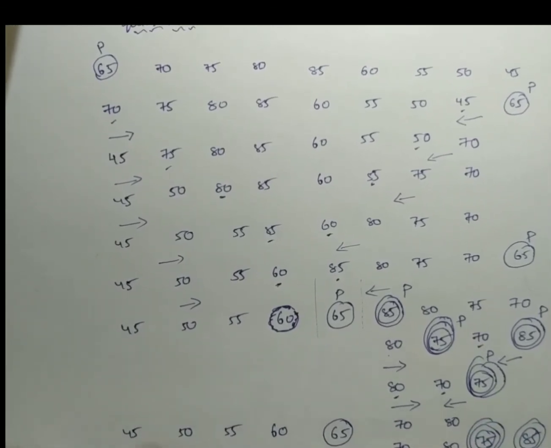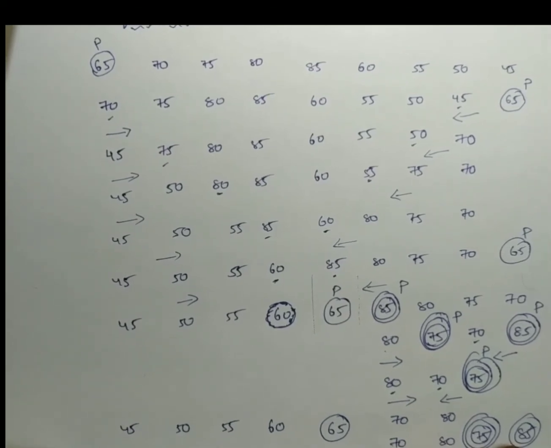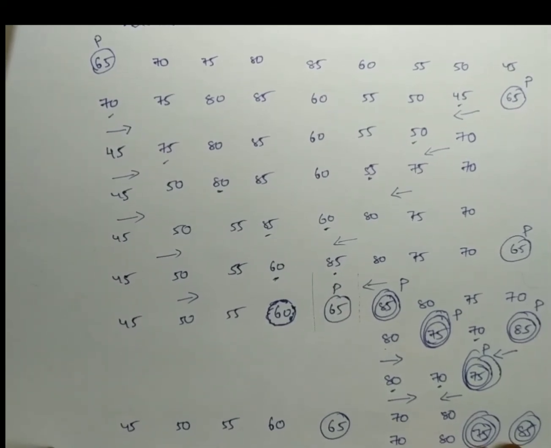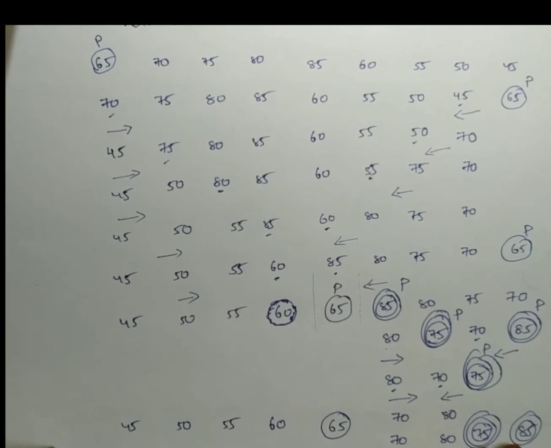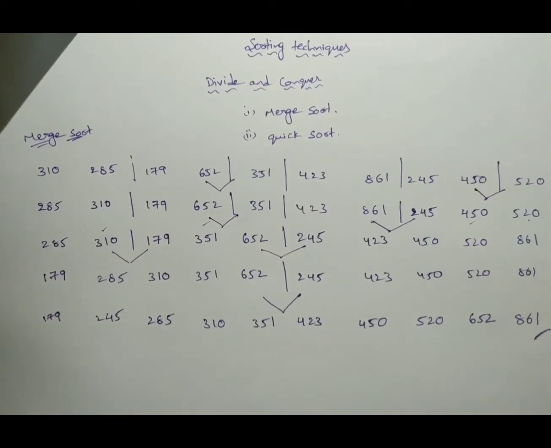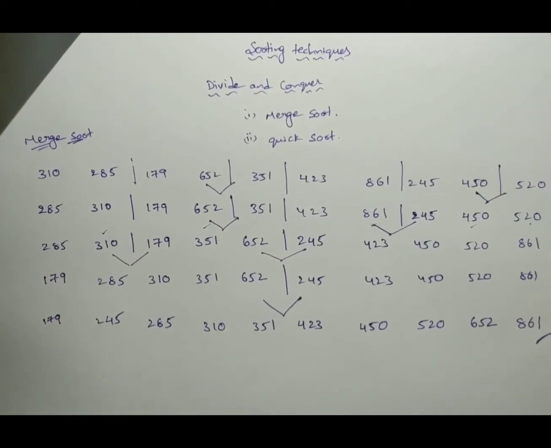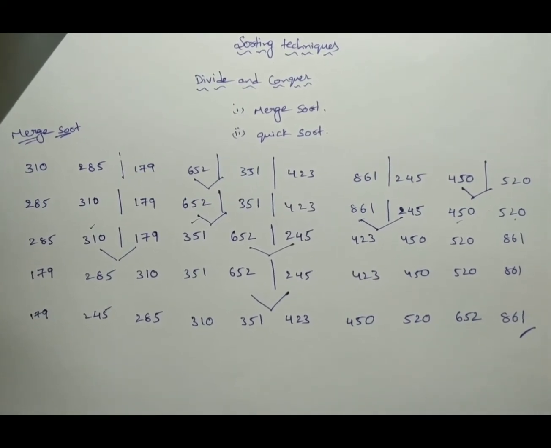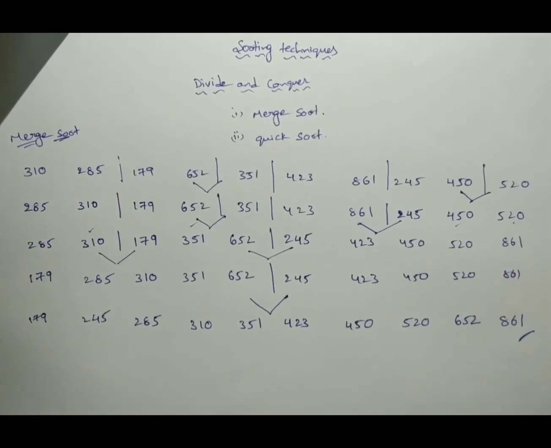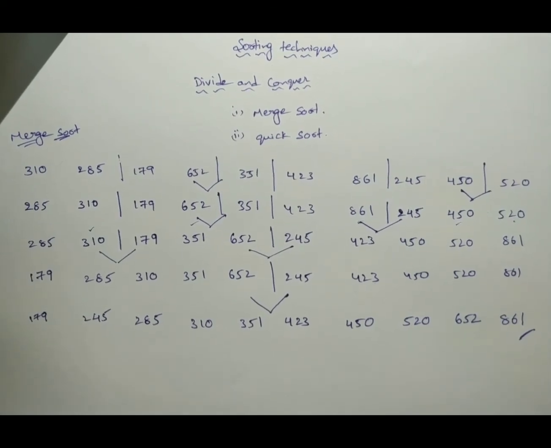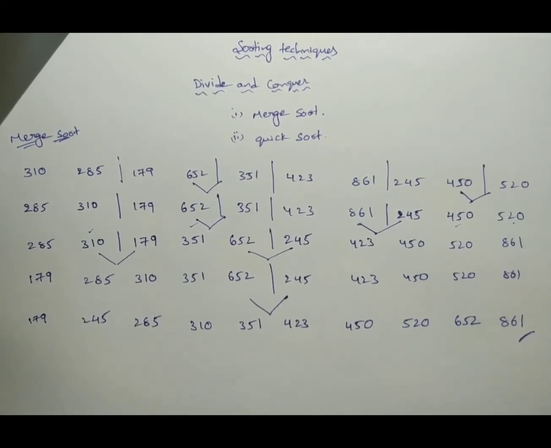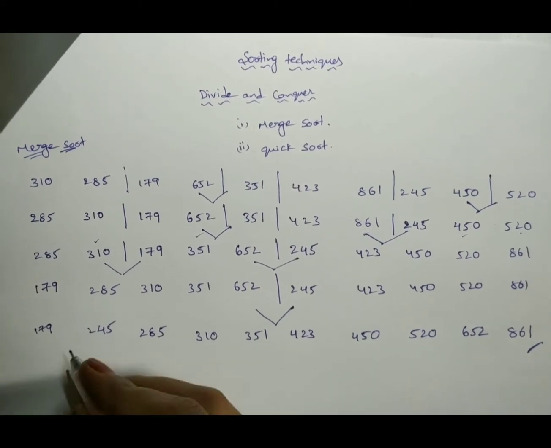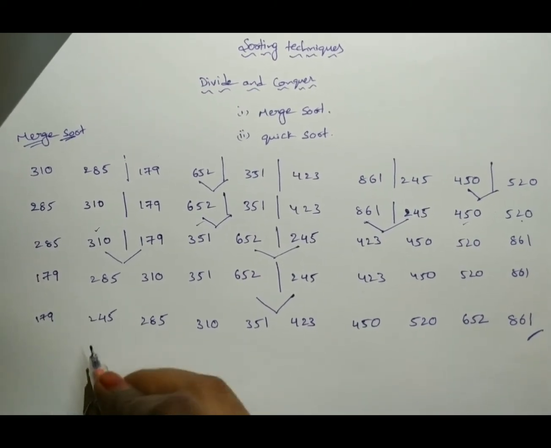Okay, these are the elements that we have got after performing the sorting operation by using the quicksort method. Till now we have seen how the sorting operations will be performed in the merge-sort and quicksort by using the divide and conquer technique. Now I am going to explain about the time complexities of both the merge-sort and quicksort. Okay, first I am explaining about the merge-sort.